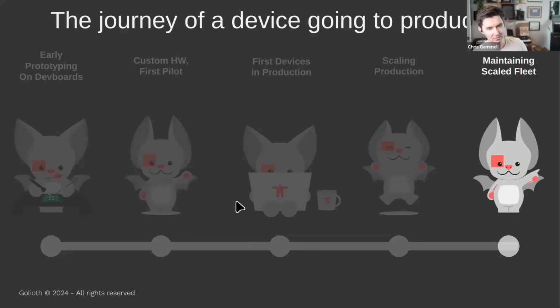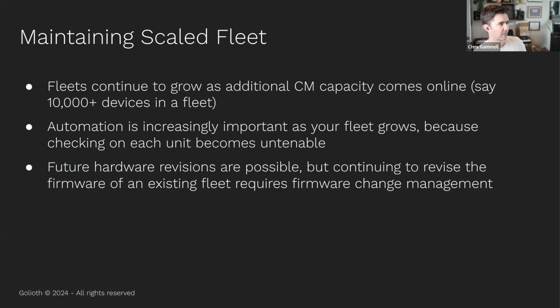All right, we made it to step 5, and this is kind of the ongoing one. This is Echo pointing off to the future, and that's because this is one thing that just never really stops, right? If you are maintaining devices, they're out there until they take themselves offline. You take them offline, you decommission them, that sort of thing. As your capacity continues to come online, you might have 10,000 plus devices in a fleet, but this is where you really have to lean into automation, just because